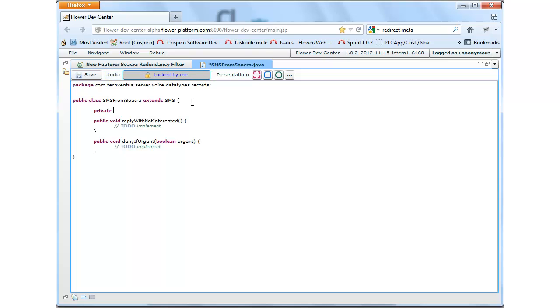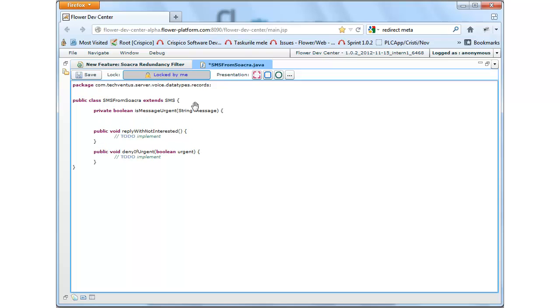So now I have inspiration and I want to write a new method. Let's say isMessageUrgent? Okay, so why do I want to do that? Because I want to write a comment, because when we talk, we have an idea about how we will implement it. And I will say use regex to filter words like, I don't know,